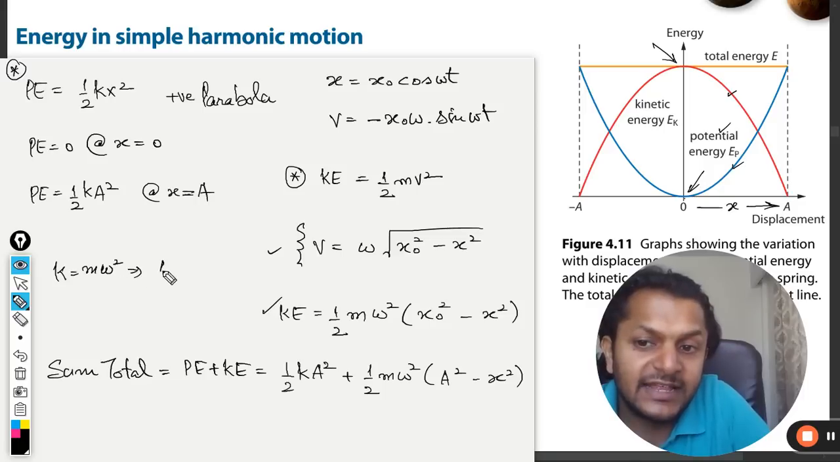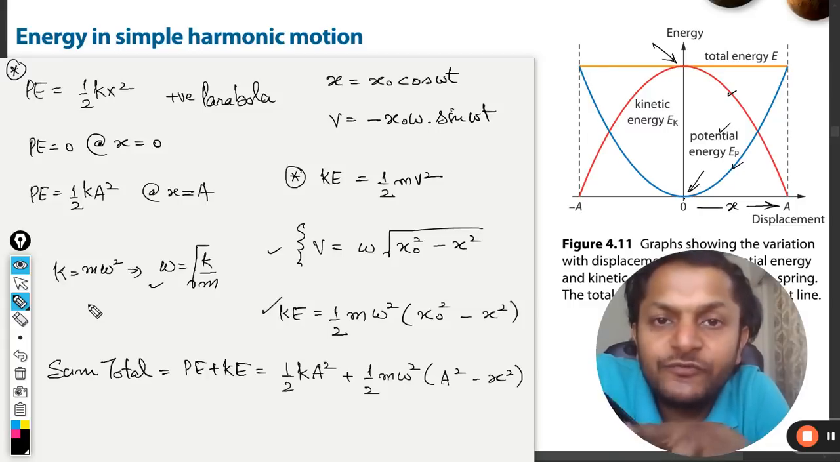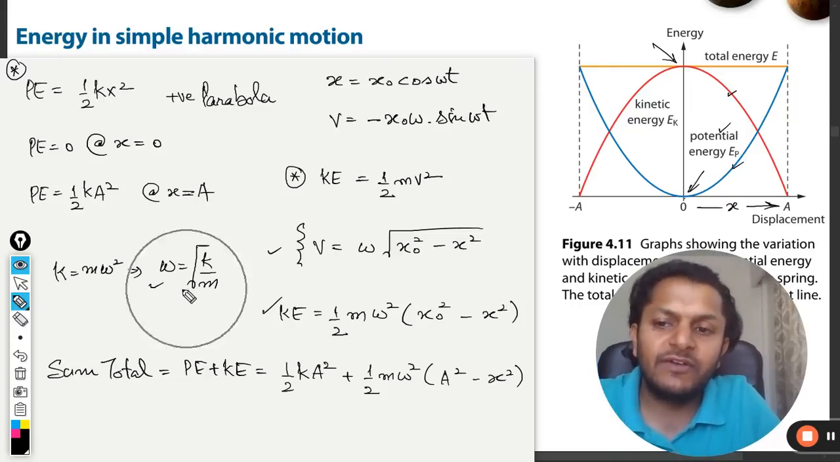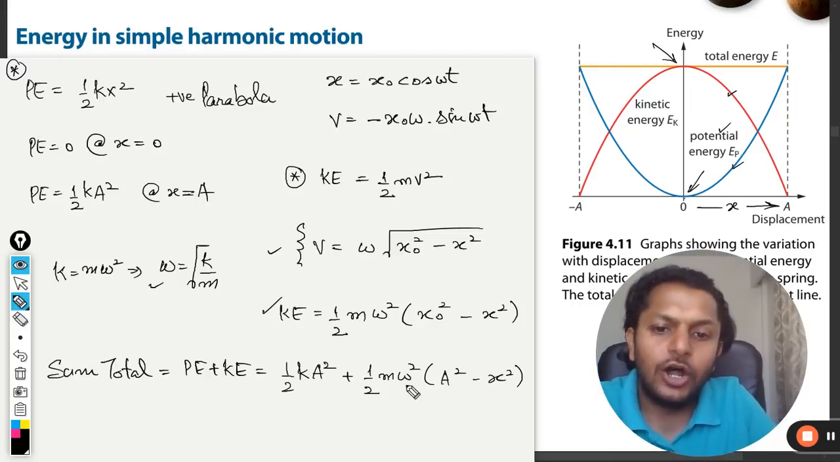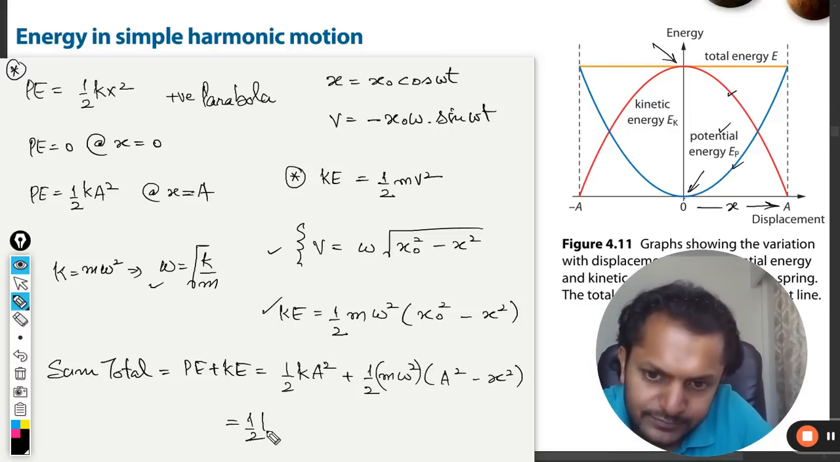From where can I say that? Because I know that omega is equal to square root of k by m. We did it when we were finding the time expression for the spring mass system. You can watch that video again. This omega value, like k is equal to m omega square, can be substituted here, or this can be written as k. So it will become half k a square plus half k